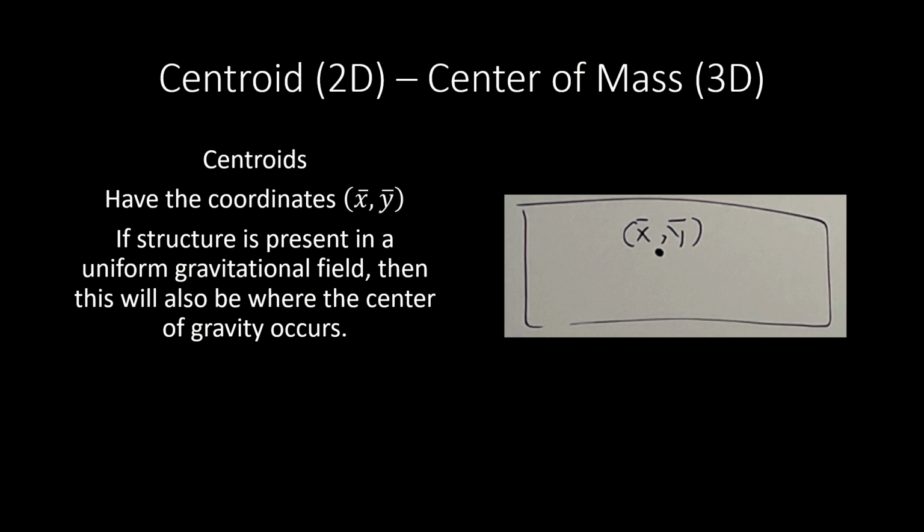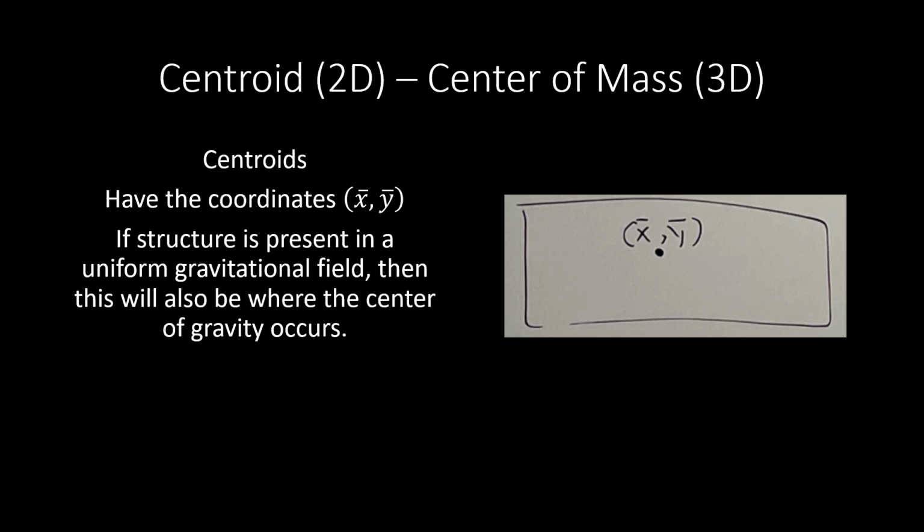Hello everyone, this is going to be a video for engineering statics, where in this video 1 of 2 we'll be covering the first moment of area and also getting into the centroid. Now, looking at a centroid, that's sort of like the two-dimensional version of center of mass for a 3D object, where for centroids, those are going to have a coordinate along that 2D surface, which we'll call x bar